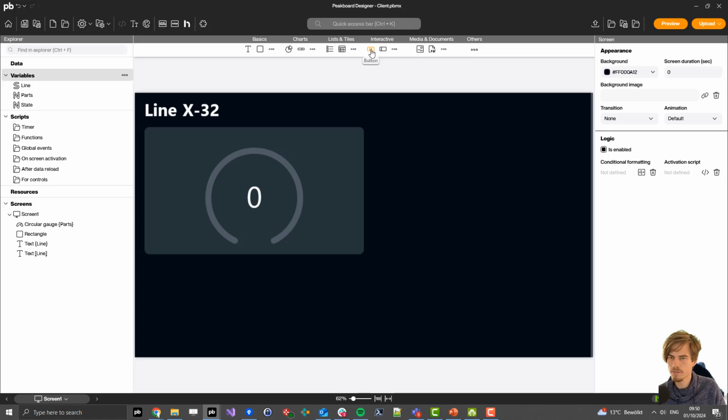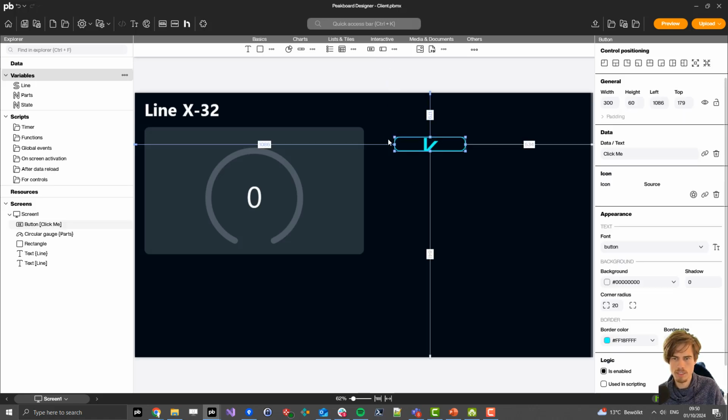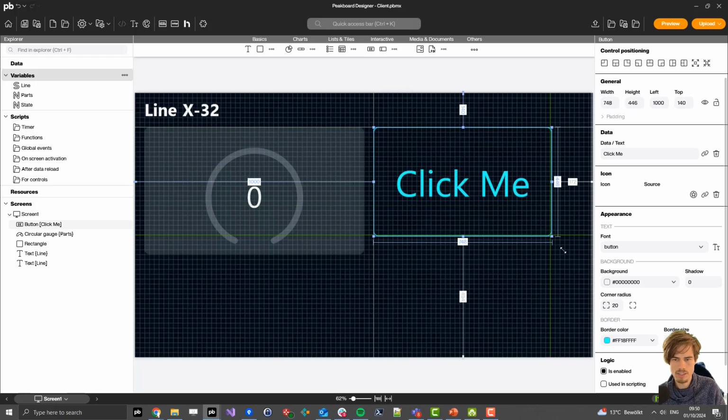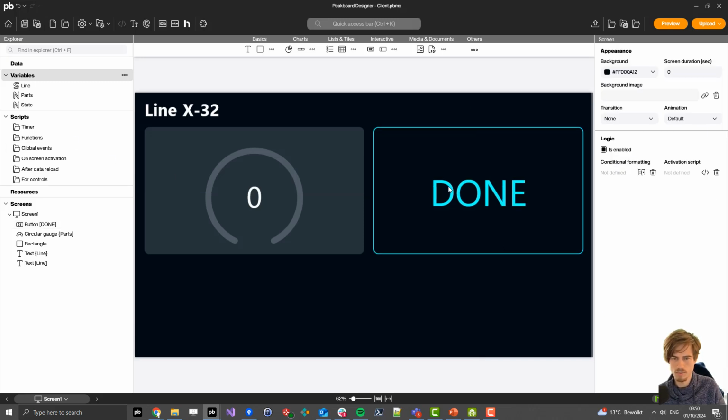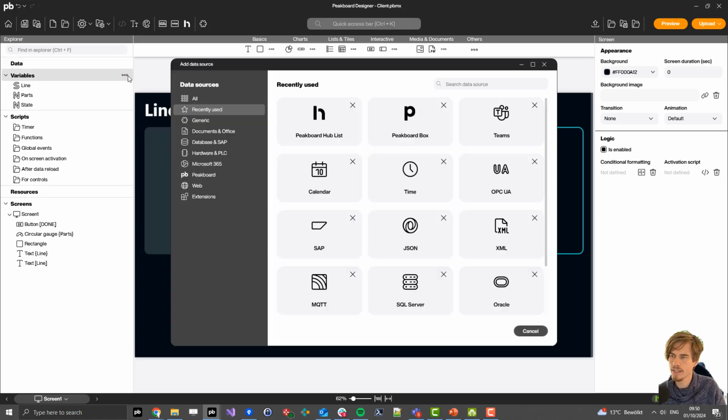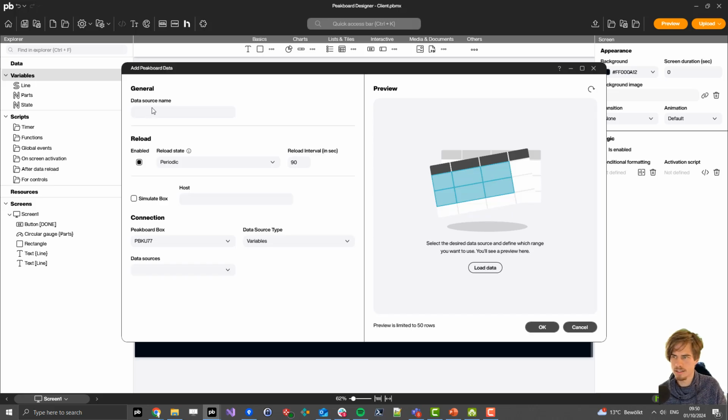Now I need to add the functionality, so for this I start by adding a button here on the canvas and move it again to the right position, and here I just write done, which means that one should later send the value to +1 when I'm done with one part. So for that I add a Peakboard box data source here, and I call this one Shift Leader because it's the Peakboard box of the Shift Leader, and on the button I can select the Peakboard box with the data,